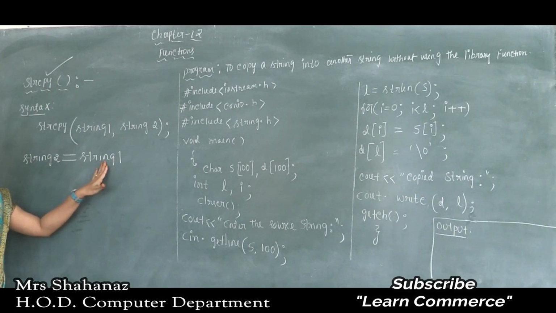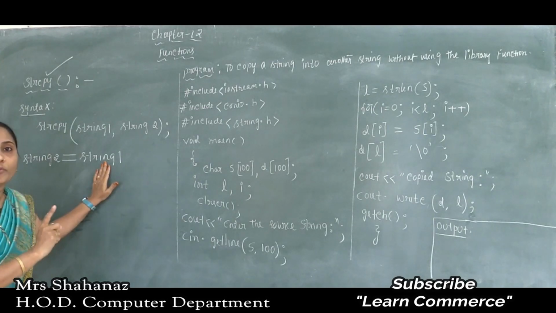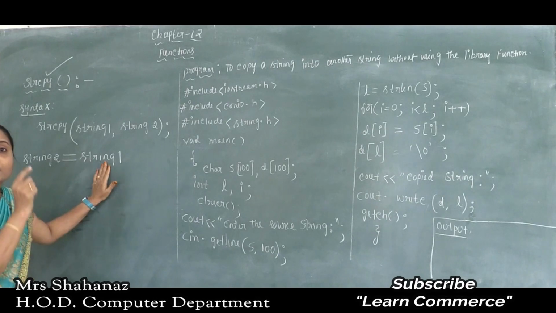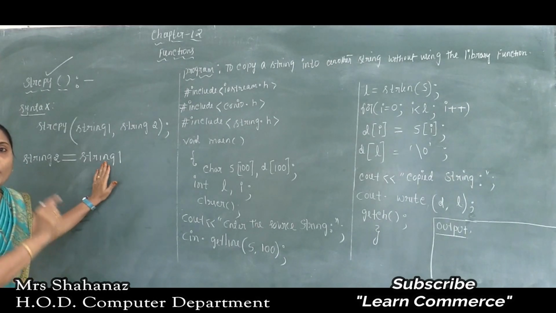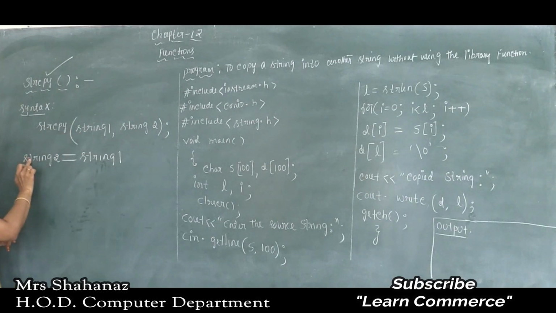Whatever information is in string 1, maybe the information is Charles Babbage. As we know, Charles Babbage was called the father of the computer. Now just by using the equal sign, it is possible to make the copy from string 1 to string 2. That means after such coding, it is possible to say the Charles Babbage information is there in our string 2 also.